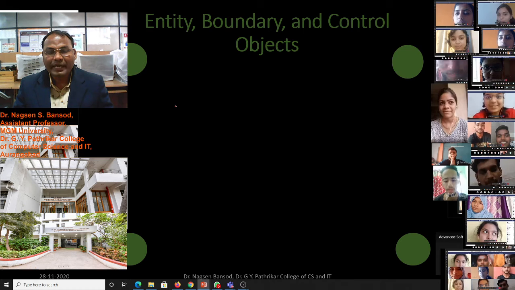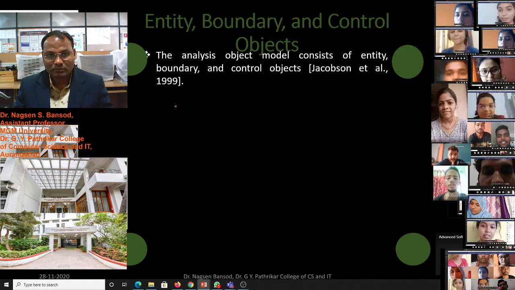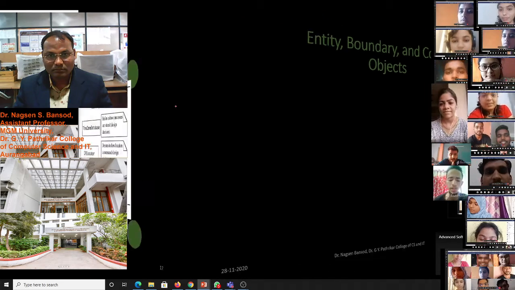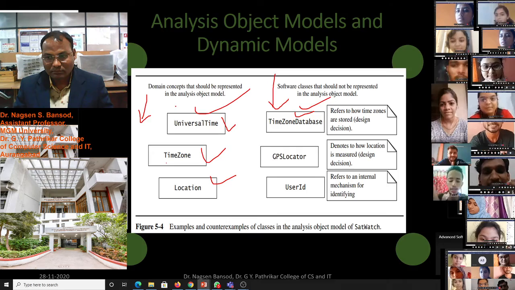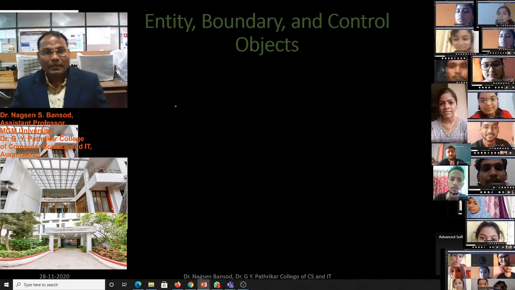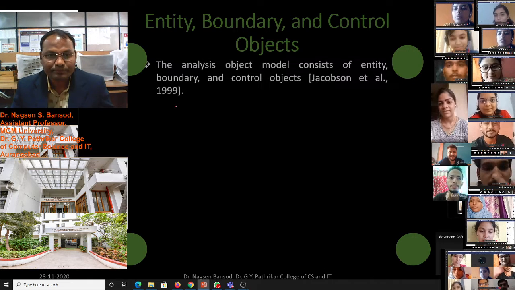Entity, boundary and control objects. The next point is the entity, boundary and control objects.